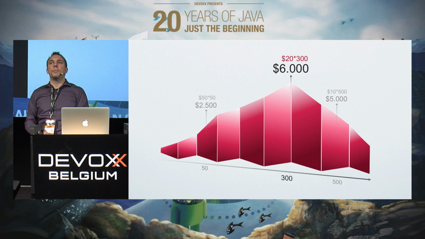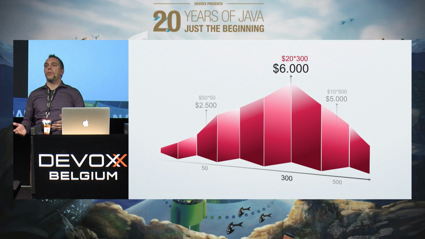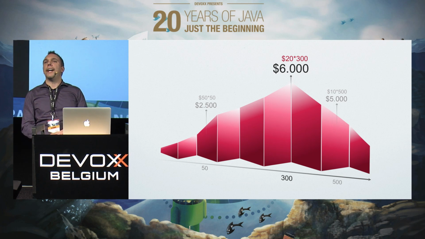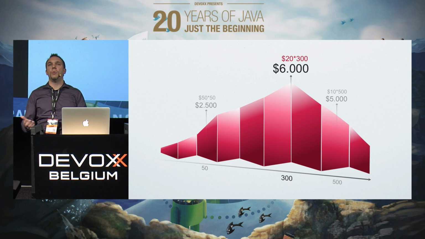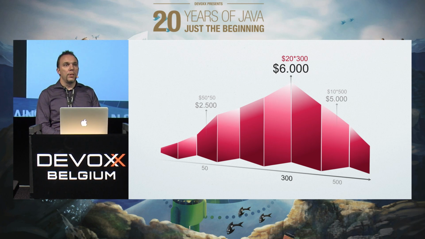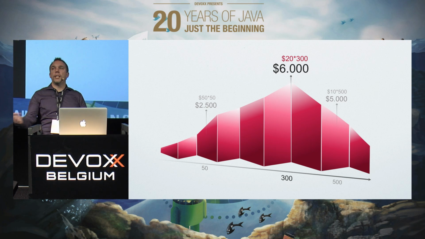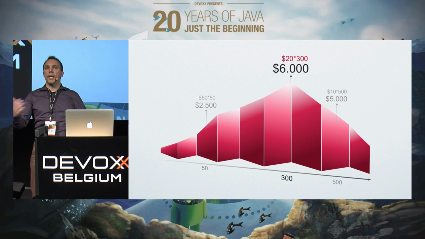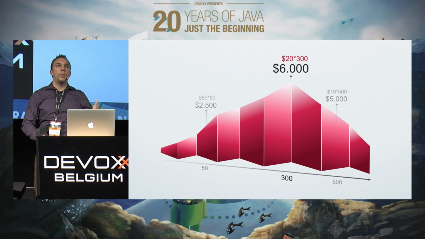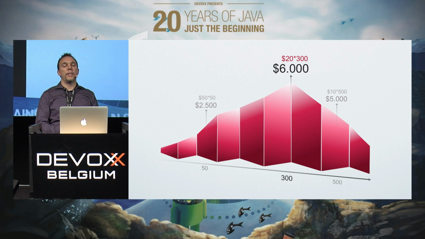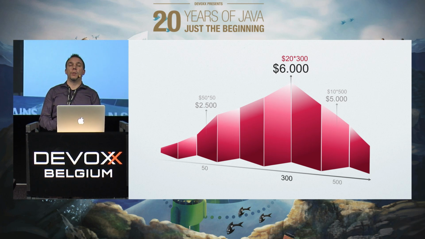Bottom line is, as a startup, you have no idea how that curve looks for you. A lot of large enterprises don't know that curve either. But especially for you, where everything is new and where your product is maybe unique in its kind, you have no idea how that curve looks like. So it's up to you as a startup, not only to figure out what your product should be, but also to find that optimal point that maximizes your revenue. So at which price point will my service generate most revenue?